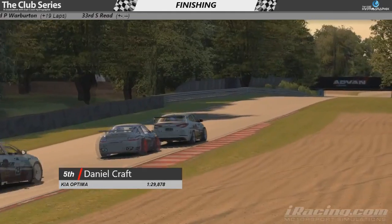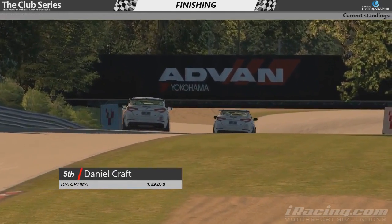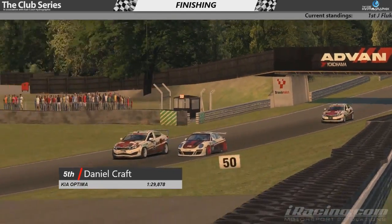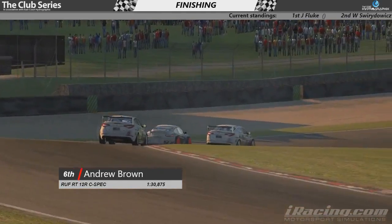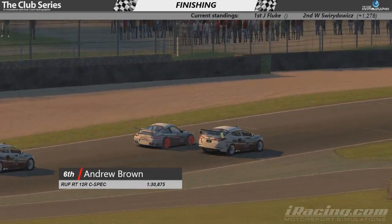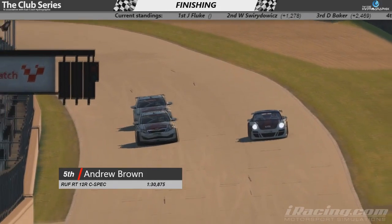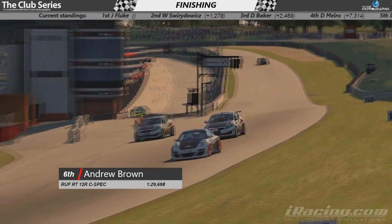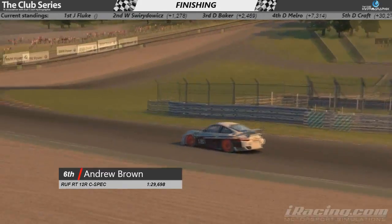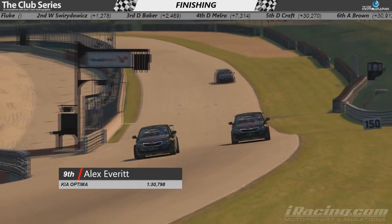We've still got close action between Kraft and Andrew Brown though. Brown doing everything he can to try and get past Kraft, because Kraft has made it past Brown on the last few laps here. Brown trying to get the better run out of Clearways through Jim Clark curve. They're going to be absolutely neck and neck as they go across the line, and it's going to be Andrew Brown who just gets ahead of Kraft there across the line. Great driving between the two of them there. Alex Everett just finishes ahead of Ian